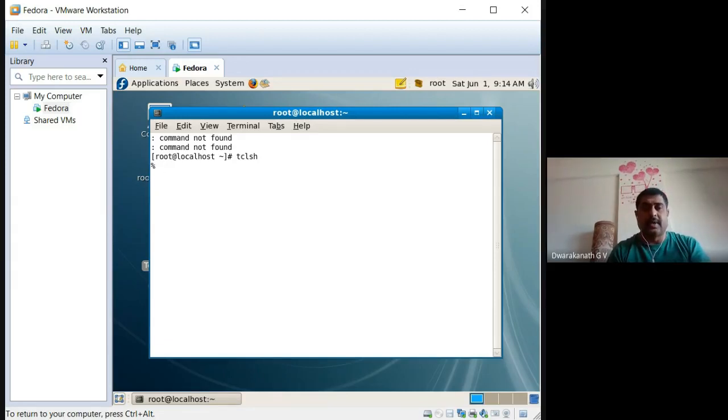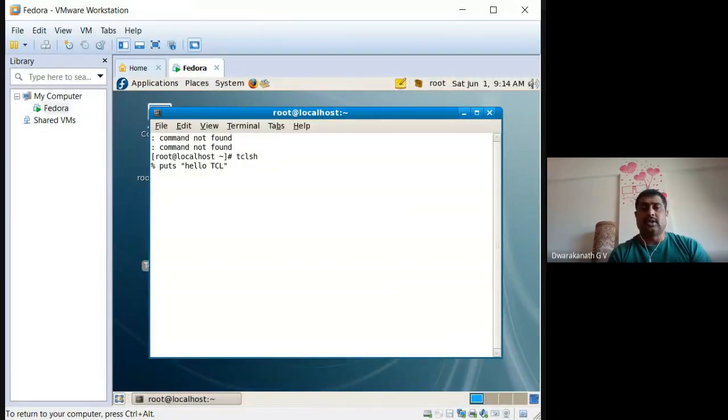Now we'll start with the basic things. The first thing we discussed is that in TCL scripts, the starting word will always be a command, and it will be separated from its arguments. puts is a command we discussed, and if you type puts "hello TCL", whatever is within the quotes is taken as one argument.